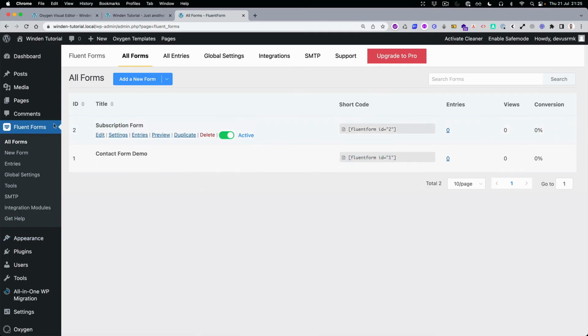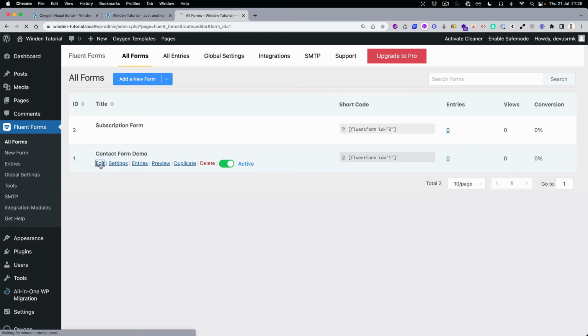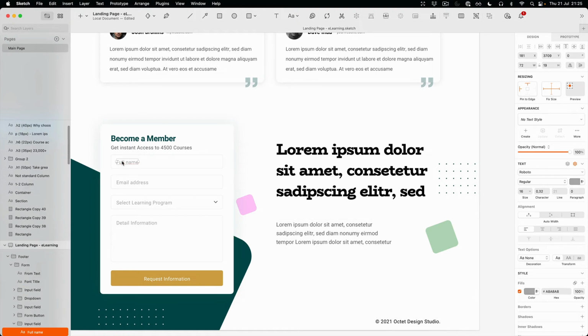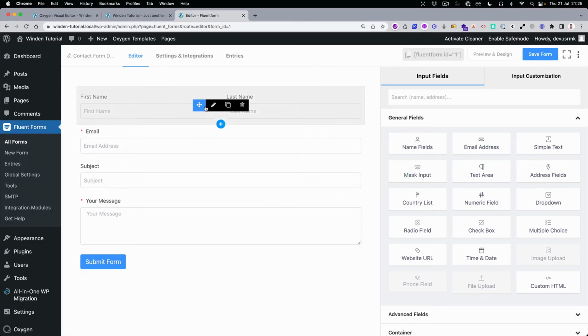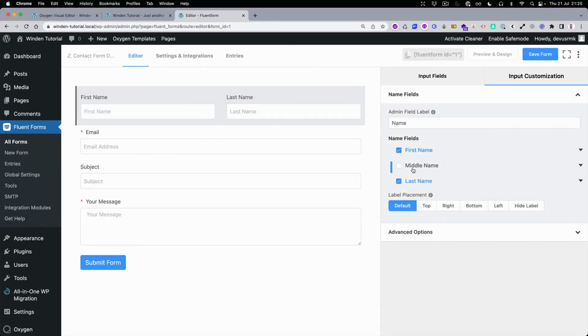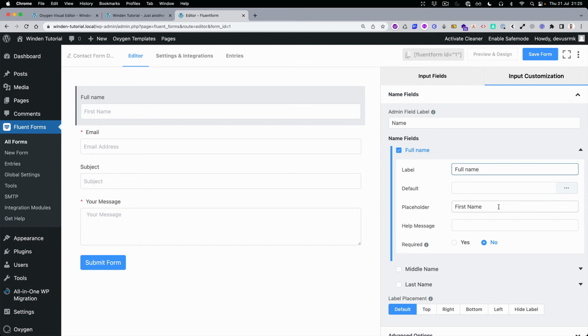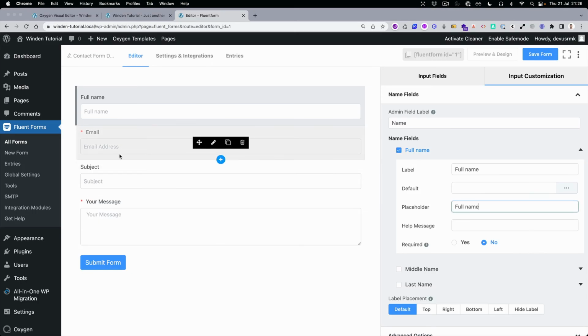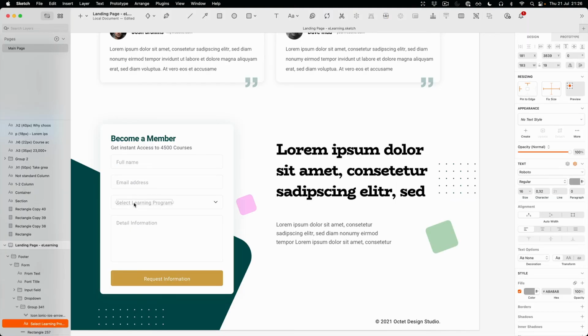So if you jump to the Fluent, for this we are going to use the Fluent form. And let's just do this one. So what we have here, full name. And if we set up this, so you can disable this one. And then the trick is to change this one to full name. Perfect. Email address, then this is